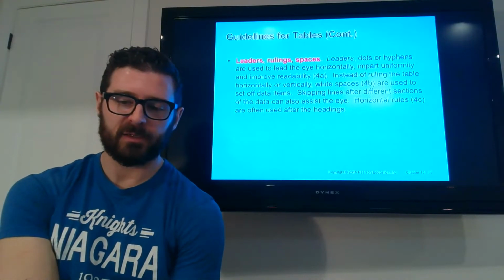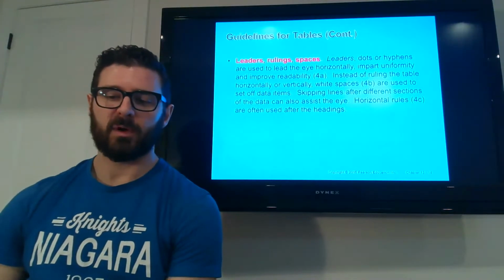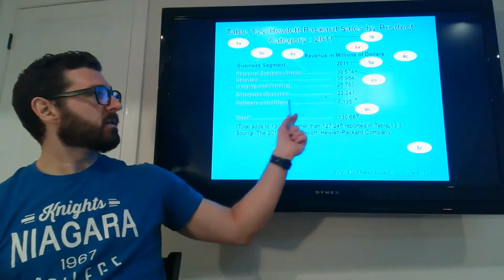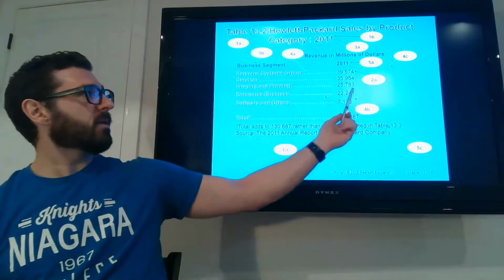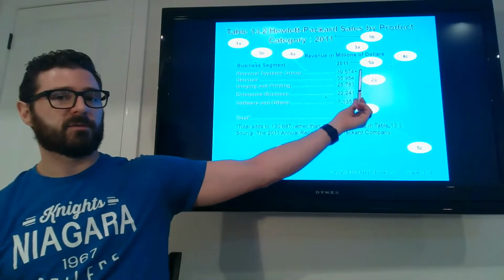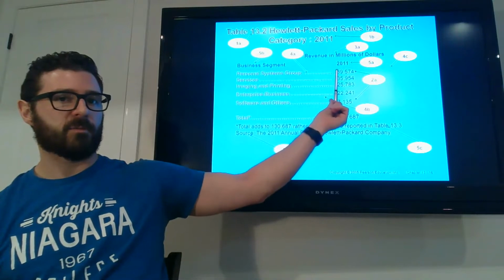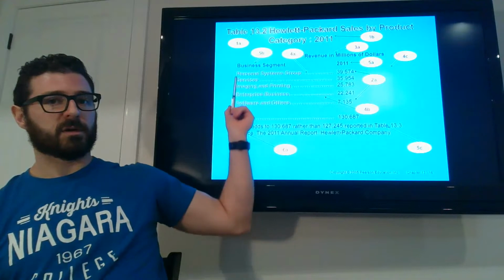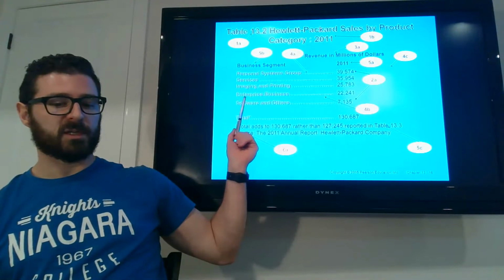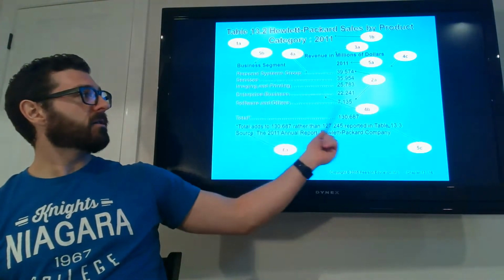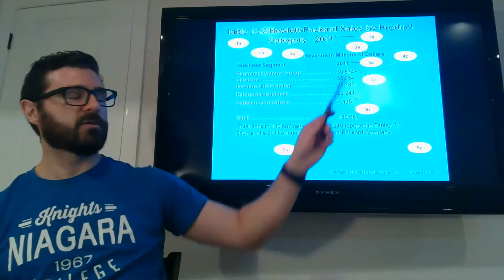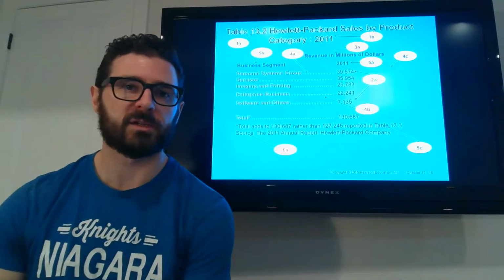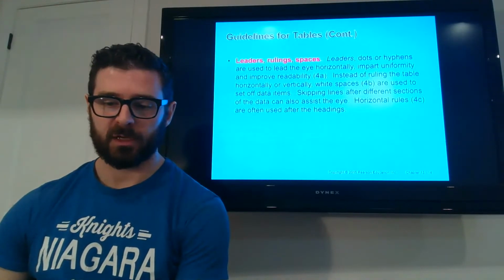Rulings, spaces. What we're talking about here are these lines across, so making sure that we line everything up. All of our financial information here is lined up vertically. This is lined up as well. The starting point of the business segments here are lined up. And we have these dotted lines going over just to keep things arranged in a way that is easier to review.